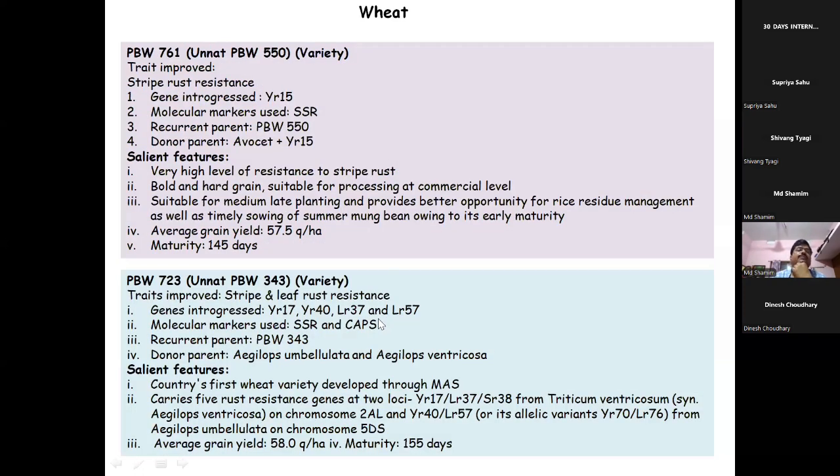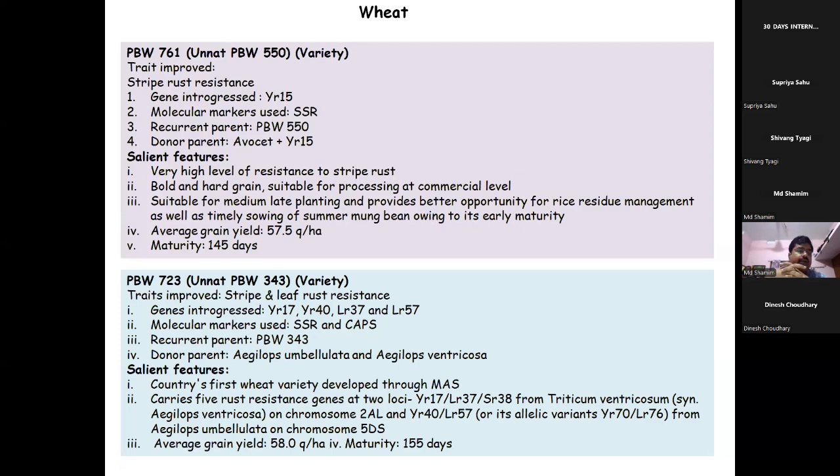And the wheat varieties PBW 71, Unnat PBW 550. The trait improved is stripe rust resistance. The gene introduced was Yr15, and the recurrent parent was PBW115. The salient feature is a very high level of resistance to stripe rust, and with this resistance, they also have several other good characters, like yield, and maturity duration is less than this